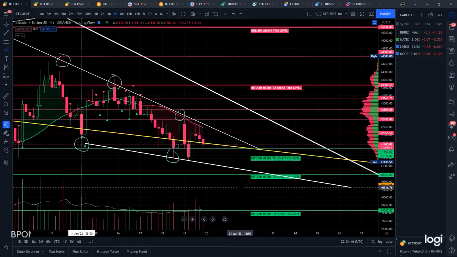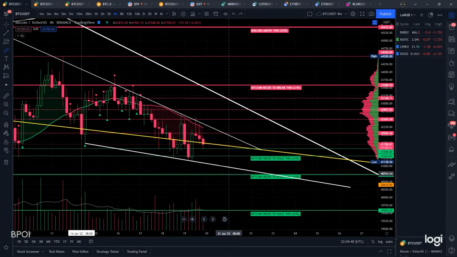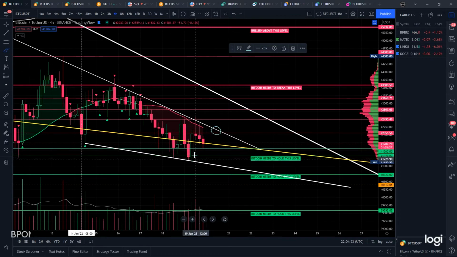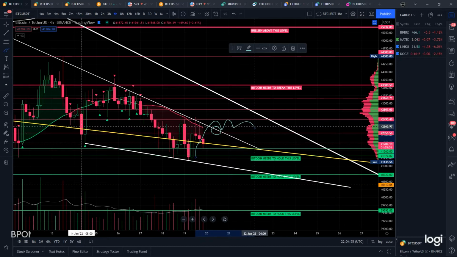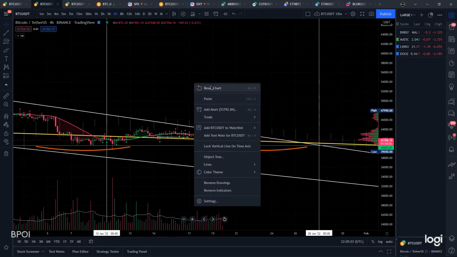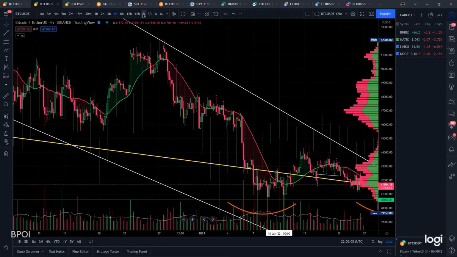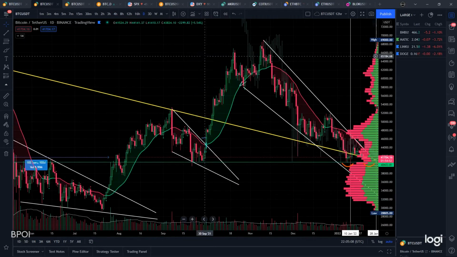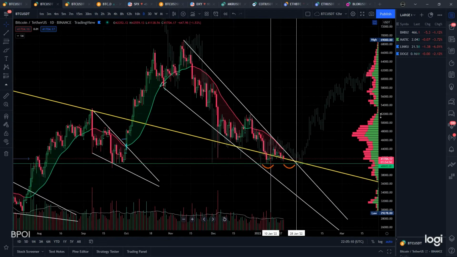So we just need something from the bulls at the moment. I would be happy with just a break of this trend line right now and just some sideways movement here. We need to make our way across to this major trend line of the falling wedge. So going back to what we were discussing before, I'm just going to go to the daily time frame. Everything is still pretty much the same